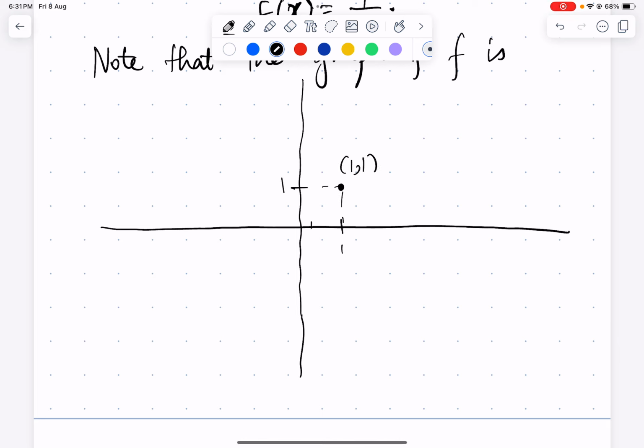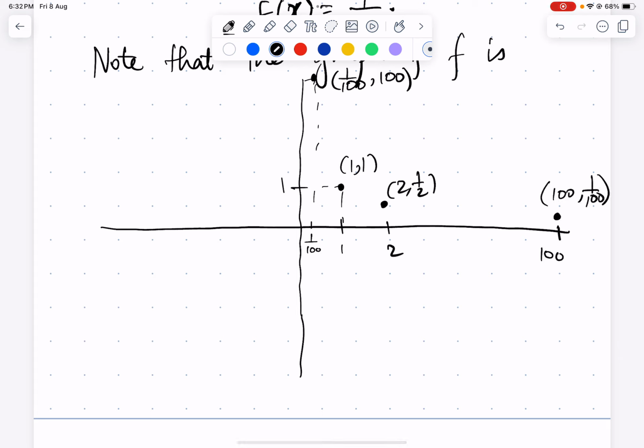At some small input, let's say 1 by 100, you'll get some very large output, so 100. So 1 by 100 comma 100 is also a point on the graph. Then at 2 you get 2 comma half, output half. At some very large input, say 100, you get some very small output, so 100 comma 1 by 100. So intuitively the graph will look like this. This is one portion of the graph,